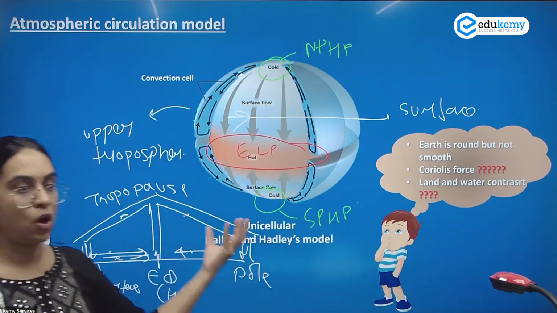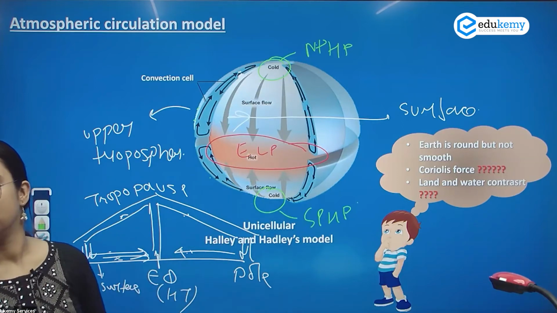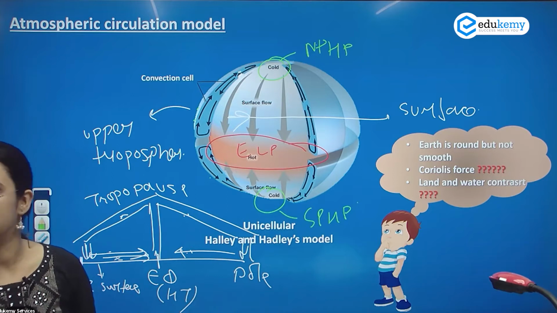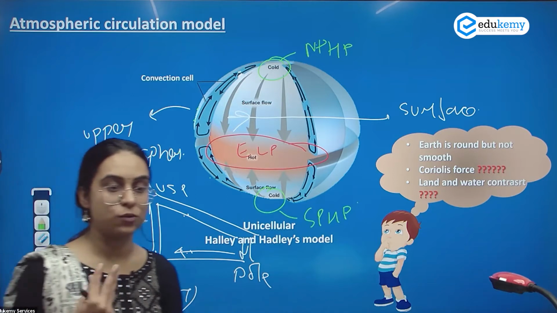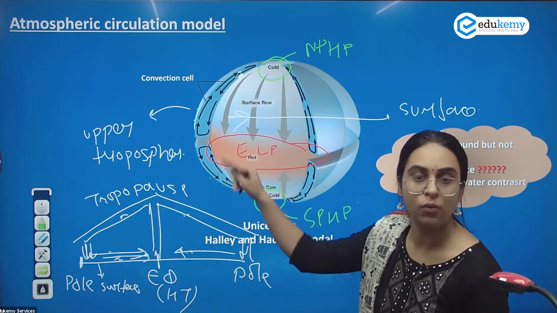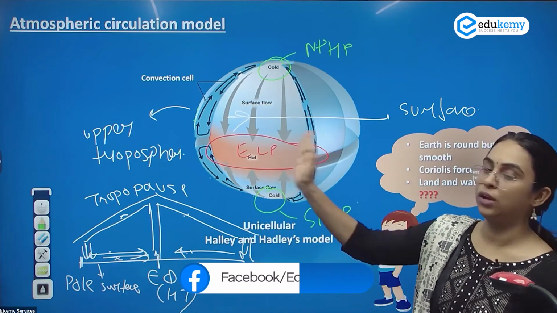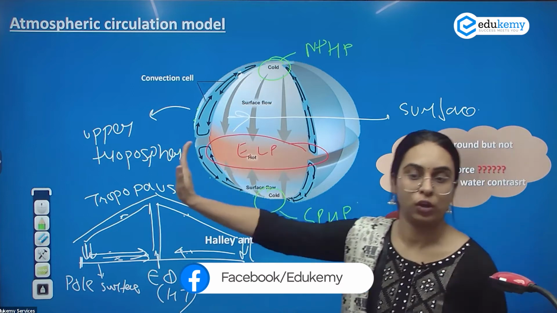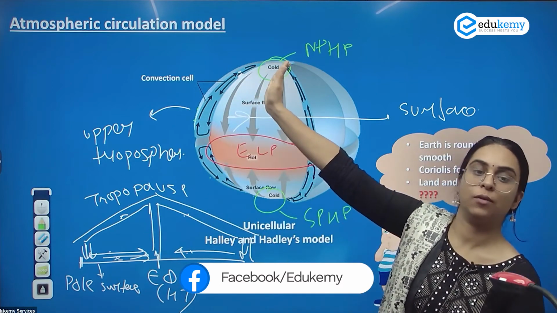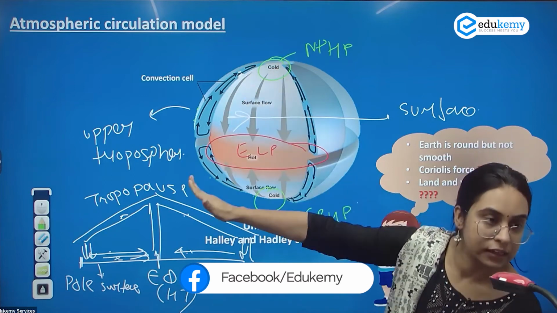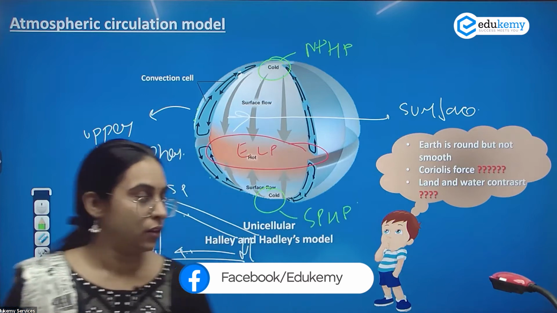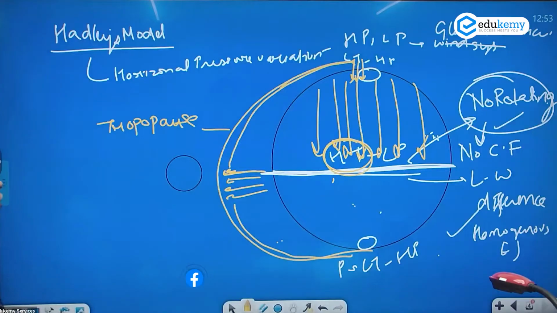One was a non-rotating earth, the other was a homogeneous earth surface with no land-water difference. So that's what Hadley says. Hadley की 2 assumptions हैं. वो बोल रहा है उन्होंने insolation को account किया. Insolation को account करके बोला कि equator बहुत warm हुआ. Warm होके ऊपर गया, हवा ऊपर गई, tropopause से move की. Tropopause से जाने के बाद ऊपर sink किया और surface पे आई. That's what your Hadley is. So please write about Hadley's model.